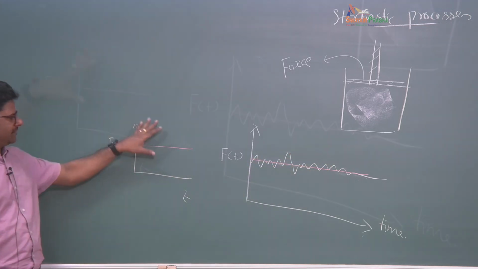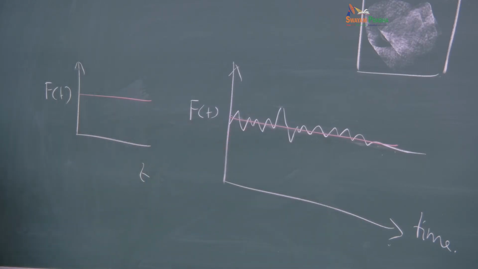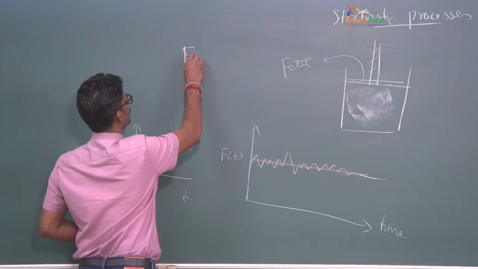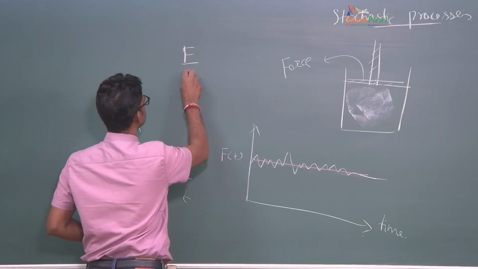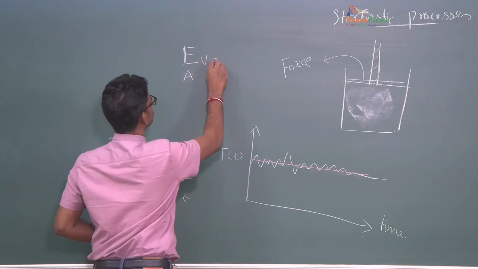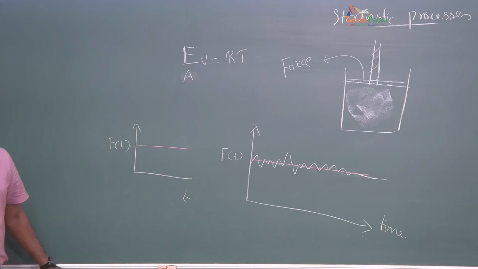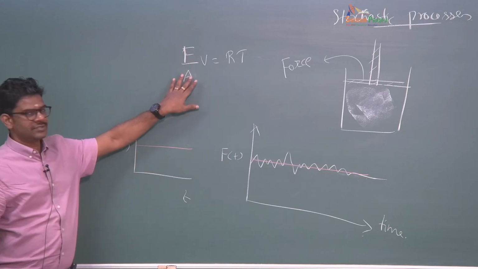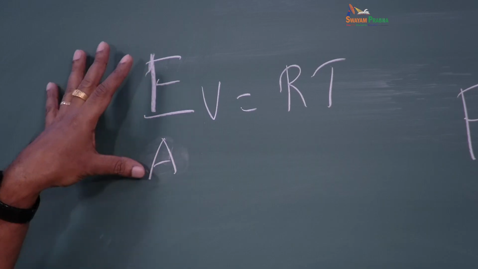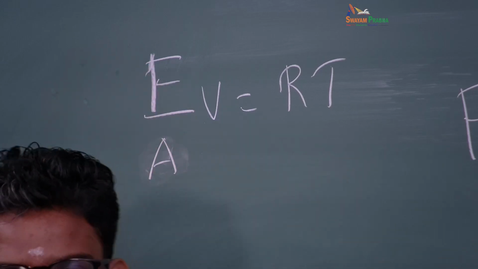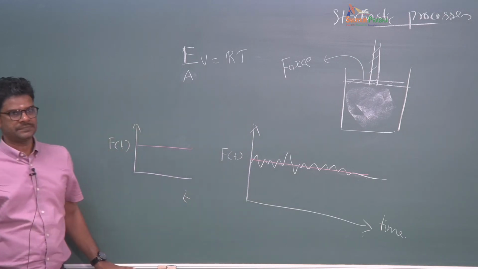Okay, so let's say that whether we take this approach or this approach, whatever it is, we see that this force per unit area times volume follows some sort of a law. Okay, so the force divided by area is pressure, and pressure times the volume of the gas will be equal to RT, because we know this is the ideal gas law.